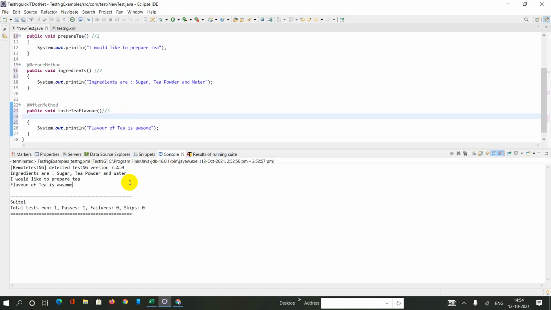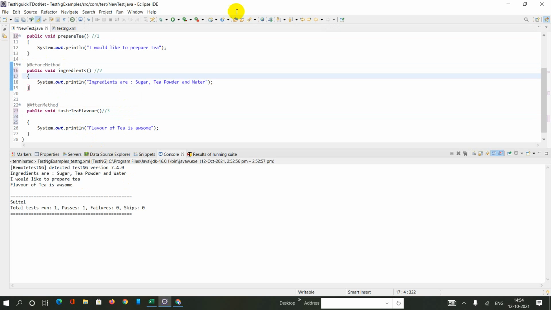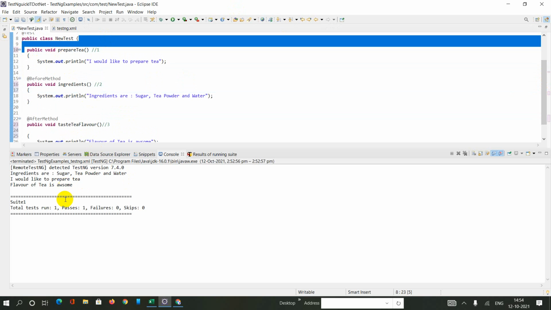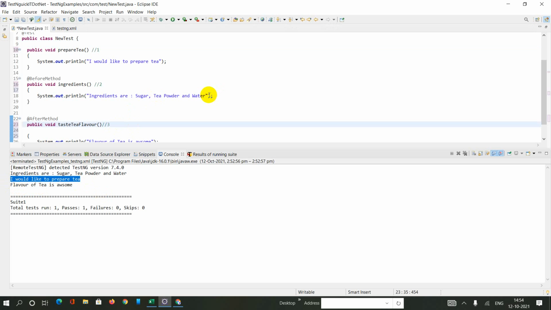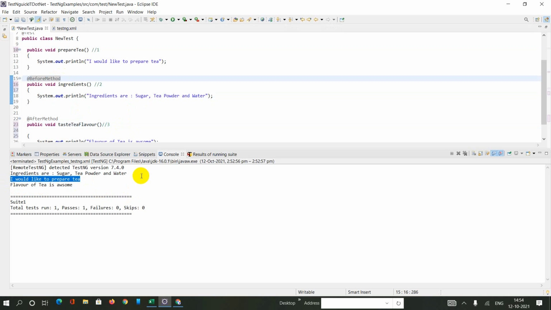But while executing my main functionality, because I wrote the before method here, okay. So which one is the test case? This one is my test case, prepare tea, okay. So before this method is executed, I would like to execute this method, ingredient. So that's what I am writing with the before method functionality, right?